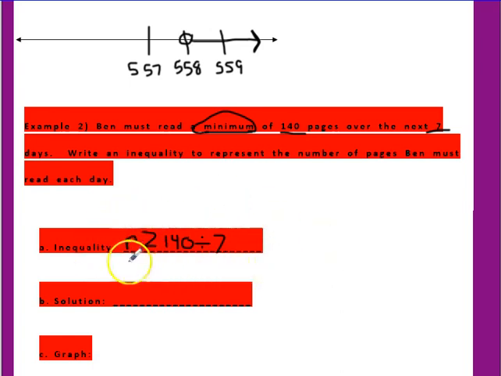So we can simplify this. We can do R is greater than or equal to 140 divided by 7. 140 divided by 7 is actually pretty simple. We would do 7 cannot go into 1, but it can go into 14 twice. 2 times 7 is 14. If we subtract that, we get 0. We bring down another 0, and we still need a number to go up here. So 7 goes into 0 0 times. So that means he would have to do at least 20 pages a day, but he could do greater than